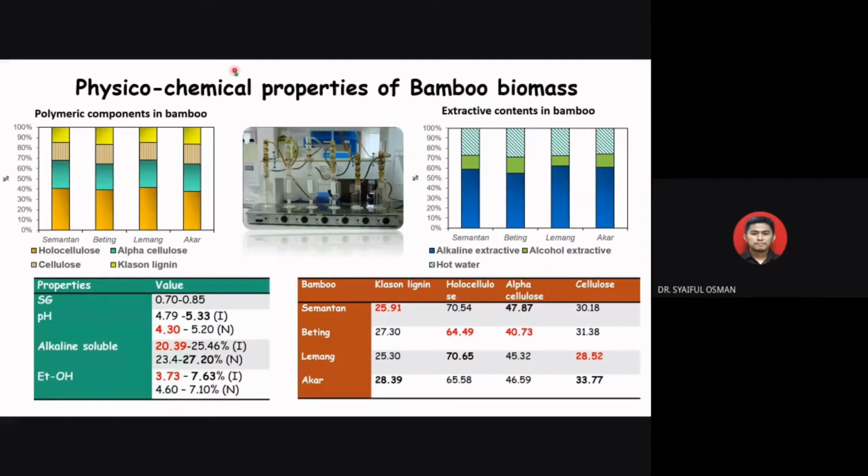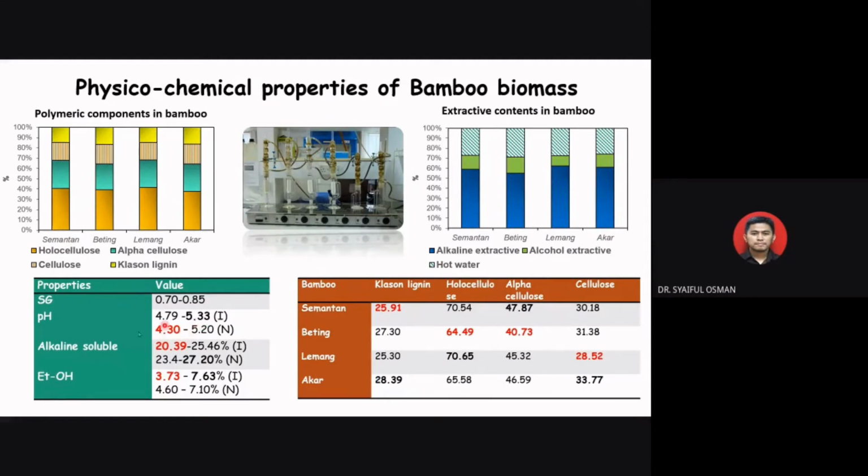So this is the result of the physicochemical properties of bamboo biomass. Other properties of bamboo studied were specific gravity, the pH, and extractive content, as tabulated here in the figure. From the result, we can see that there is only a slight difference between the various types of bamboo, and the specific gravity of bamboo is considered very high, ranging from 0.7 to 0.85, and the pH value for all bamboo species falls within the slightly acidic region, from 4.3 to